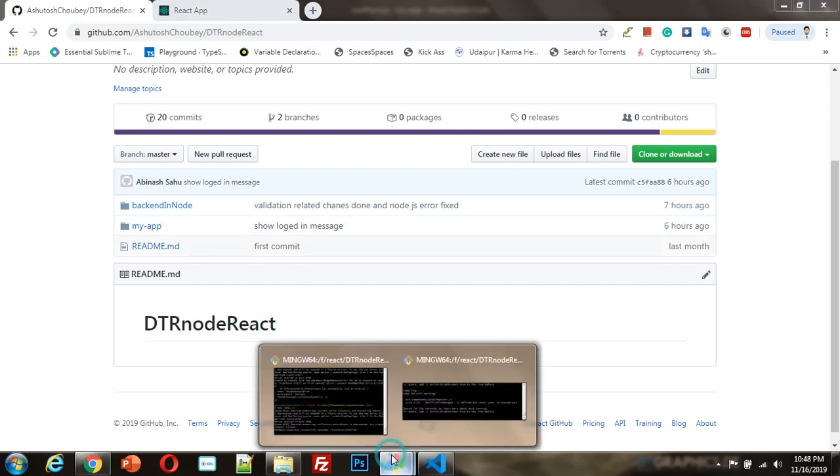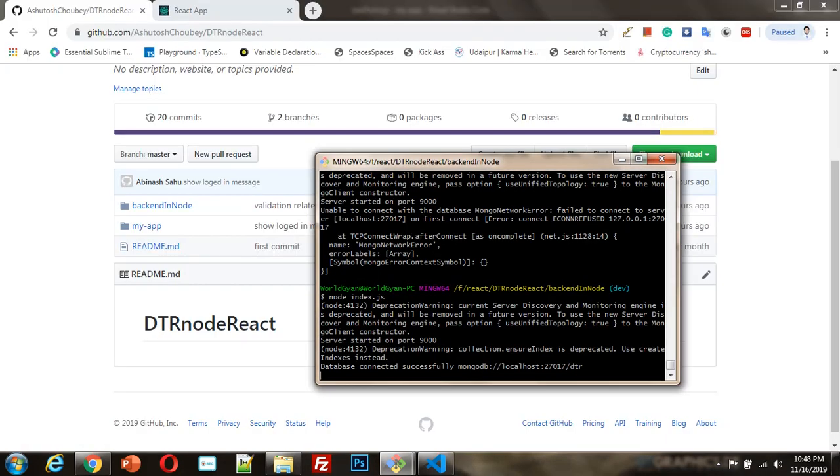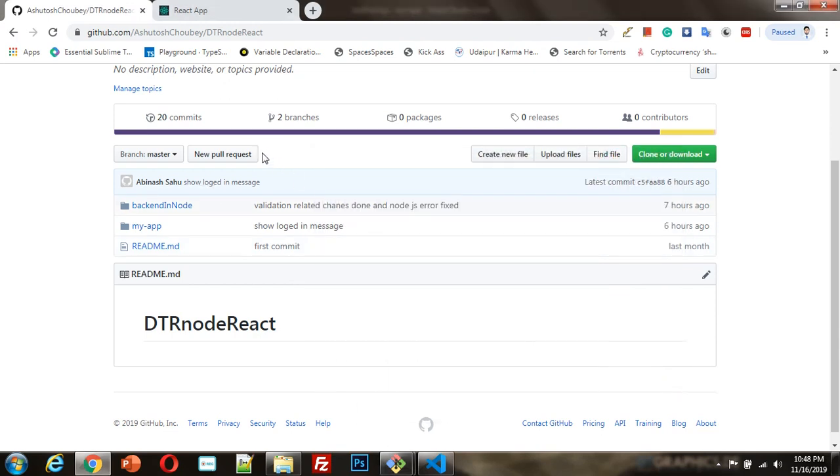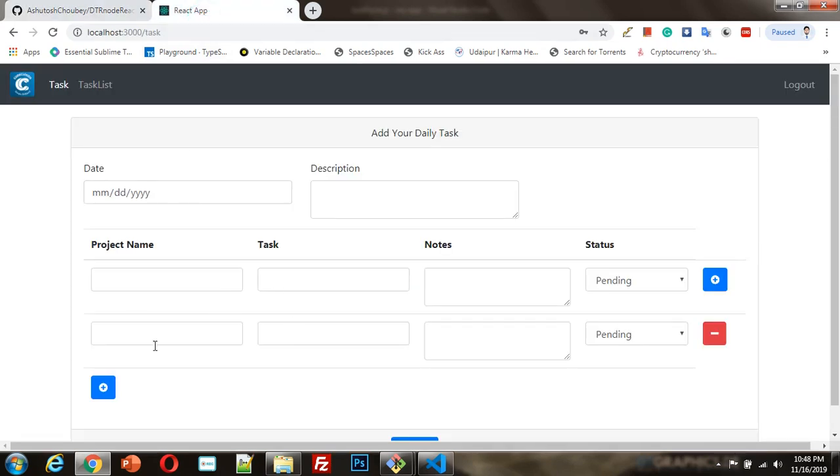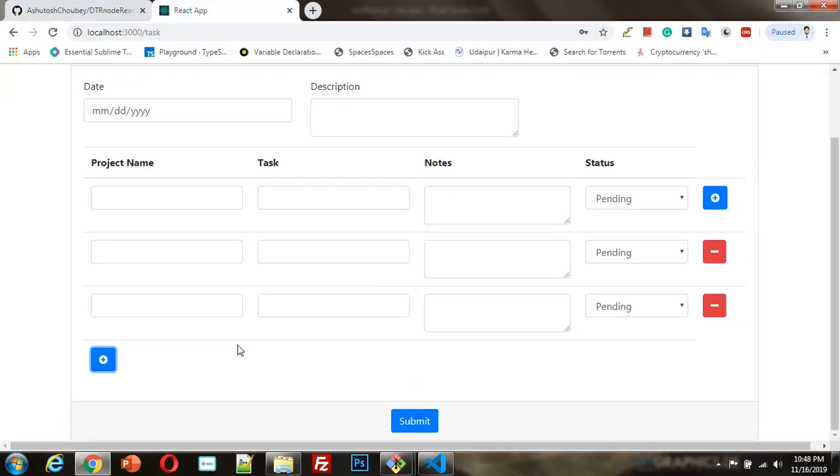Okay. And one more thing, to run the Node.js you need to type node index.js. Then Node.js will start, meaning the server will start, and make sure that MongoDB is installed on your machine, because MongoDB is necessary for this application, as I am using MongoDB as the database. Okay. All right, so now I'm going to discuss this functionality in the code, how I implemented these things.